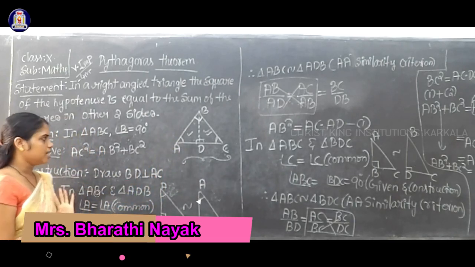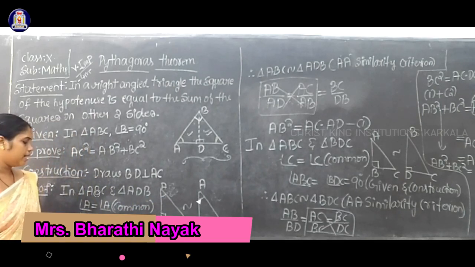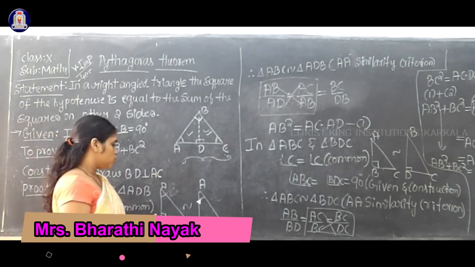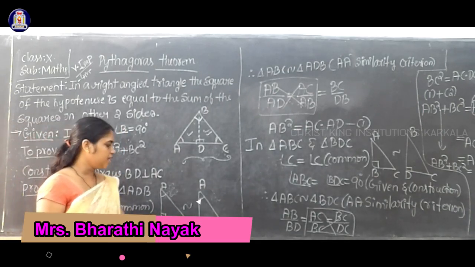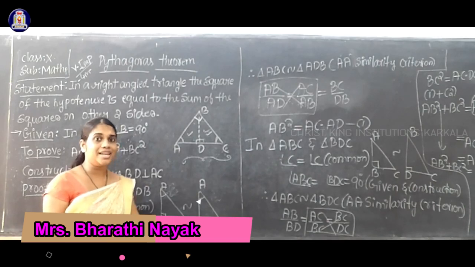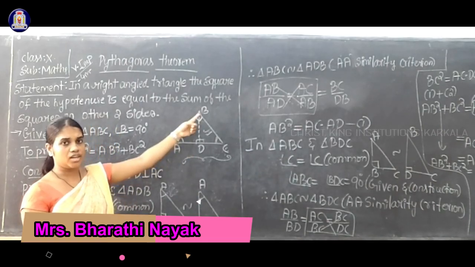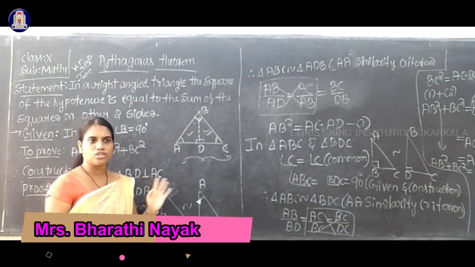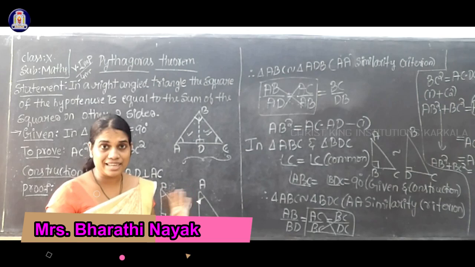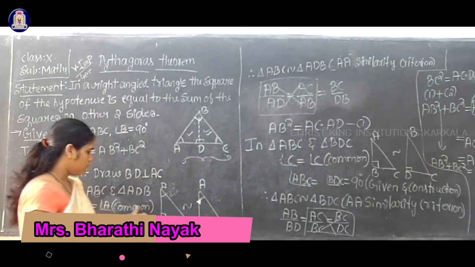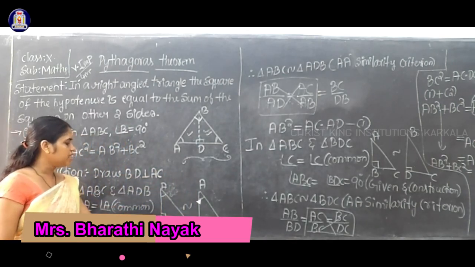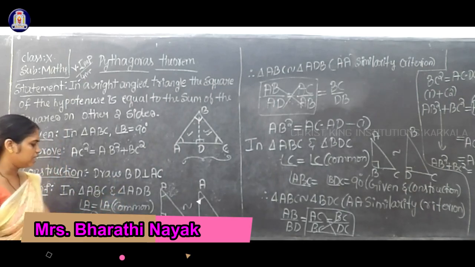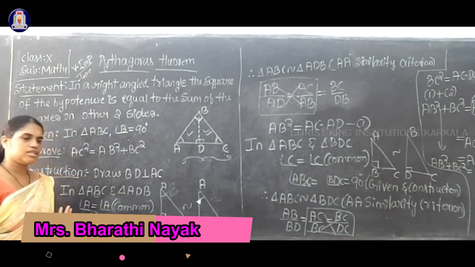Okay. So therefore, angle A is equal to angle A, that is the common angle. Next, angle ABC is equal to angle ADB is equal to 90 degrees. Students, don't write angle B is equal to angle D by the single letter. Why? Because in the figure B is divided into two parts, D is also divided into two parts. So therefore you cannot indicate it by the single letter. Understood now? Okay. So therefore write the full angle, but the point B must be at the center, and point D must be at the center.